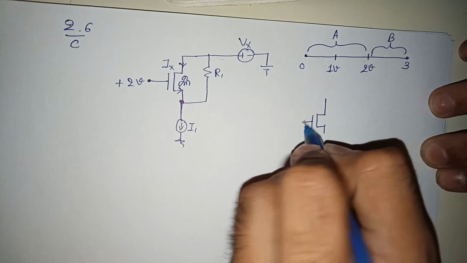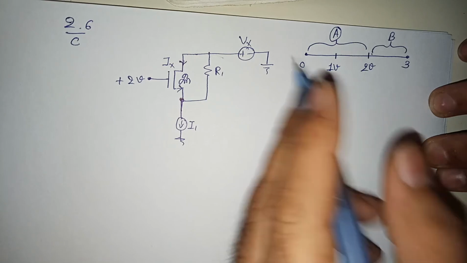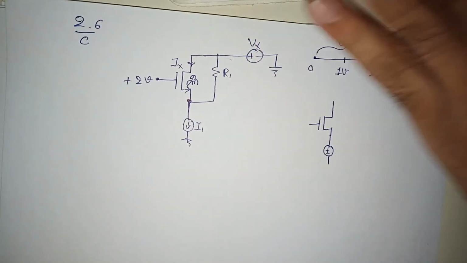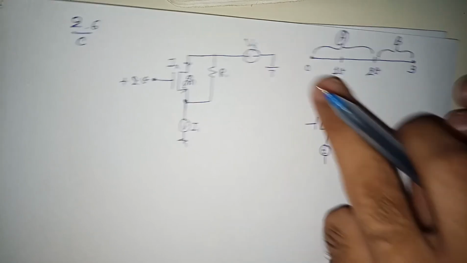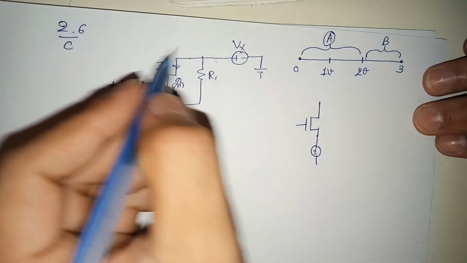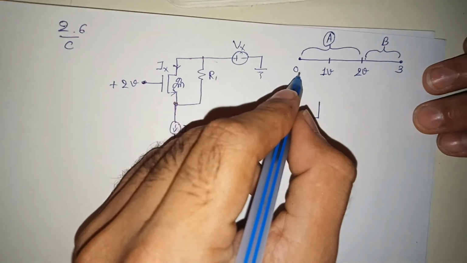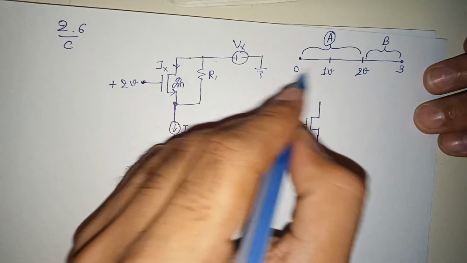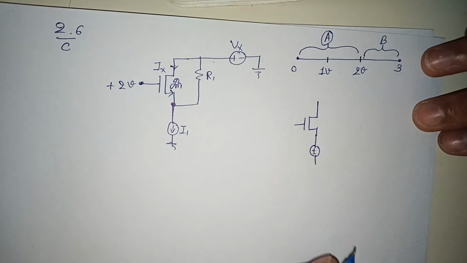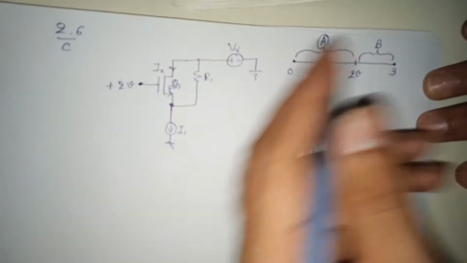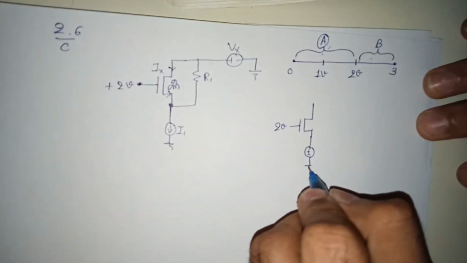So what will happen if you see the part A circuit? If you are not aware of video number 2.5 part B and C, please watch that, so you will be able to understand what I am trying to tell here. It's very easy. Whenever your gate voltage is given and your Vx has to vary from 0 to something, you can make two parts, from 0 to that gate voltage and gate voltage to that max 3 volt, and you can calculate Ix for each condition. So let's see what happened here.